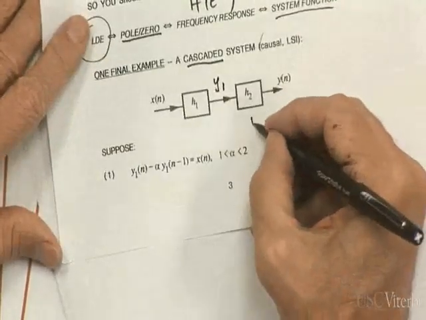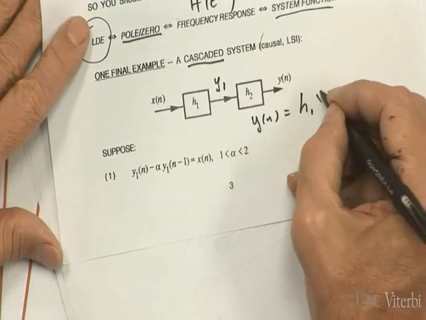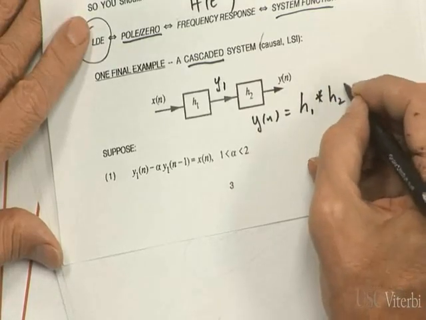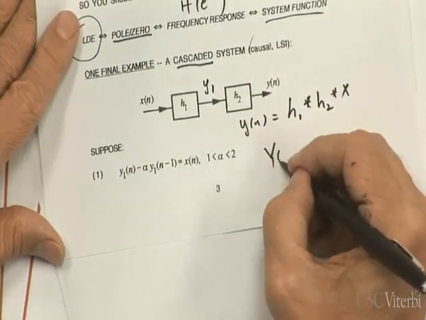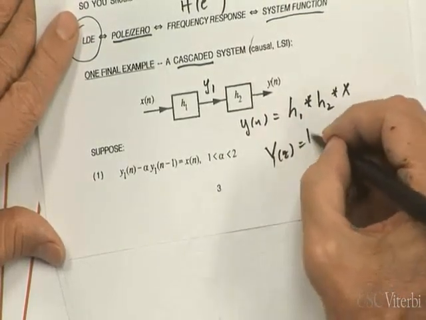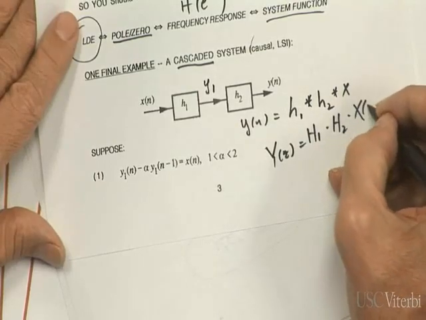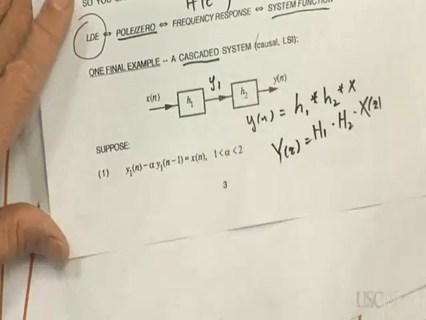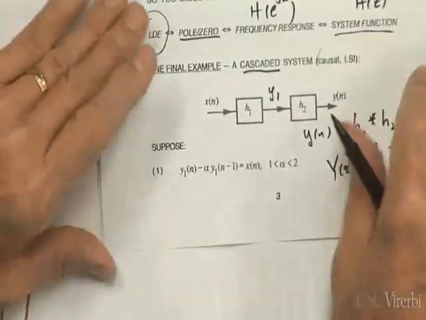So the net result, y of n, is equal to h1 convolved with h2 convolved with x, or in the transform domain, Y of z is equal to H1 times H2 times X of z. H1 and H2 are also functions of z. I got lazy. Now let's suppose I told you,